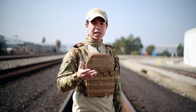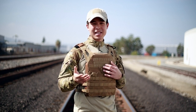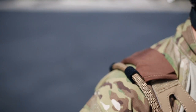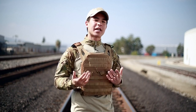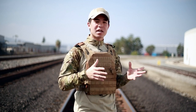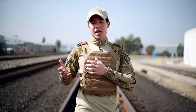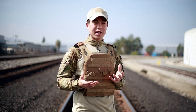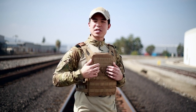Now that accomplishes the original goal of keeping the plate carrier as lightweight as possible. One of the things that I don't like about it nearly as much is there's not a lot of padding on it. Right now it's pretty comfortable, but I can imagine wearing this for a very long time, it may not be as comfortable as some of the other plate carriers out there. That can easily be remedied by other shoulder pads from aftermarket companies,